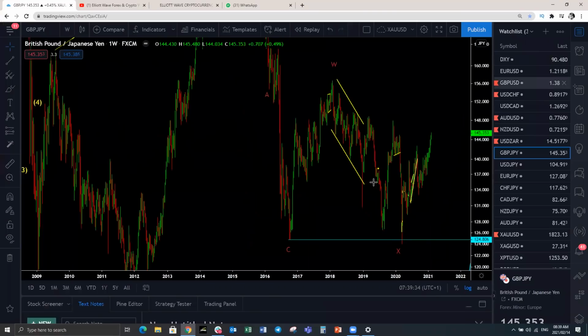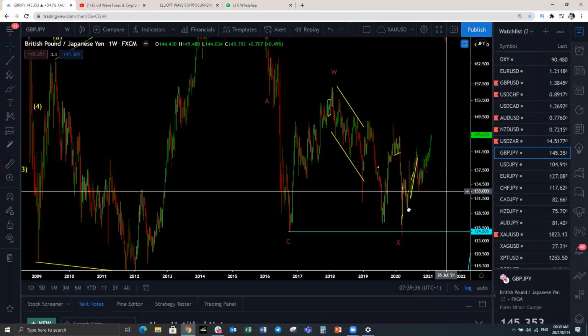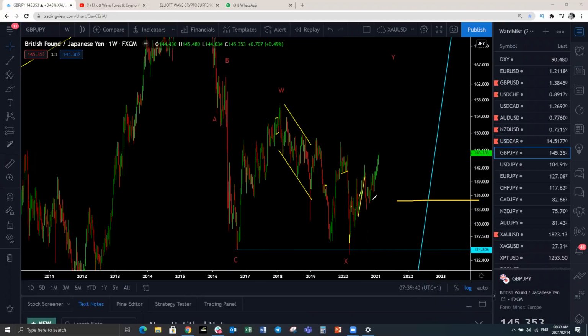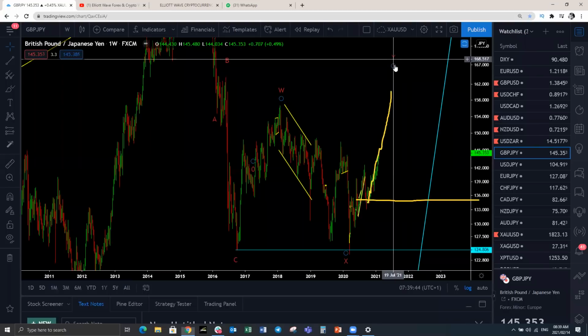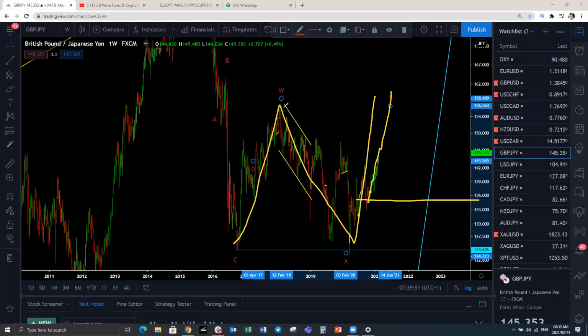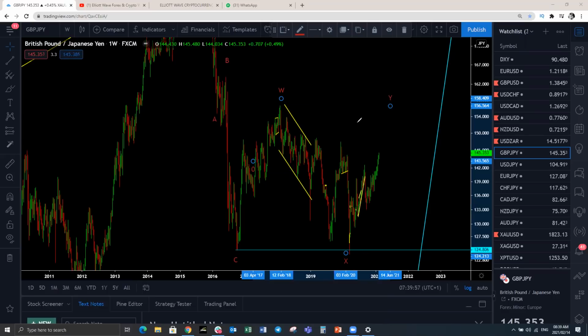So let me just minimize this here. This was the forecast. This is where we were around 135. This is what we were forecasting here on pound yen. The structure is still the same. We're still looking for these to build this corrective structure. So that's why we've only been looking for buy setups on pound yen, because we've got the higher degree structure.